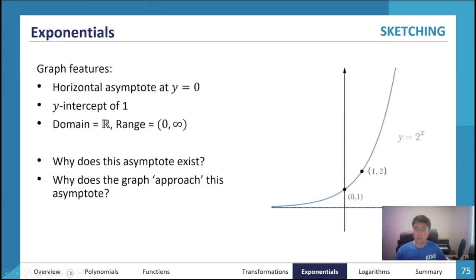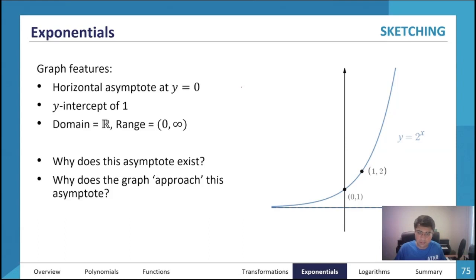Now, before we move on, just thinking about this asymptote here, why does it exist? And why does the graph approach this asymptote? If we think about it logically, the smaller and smaller number we put into this function y equals 2 to the x, like let's say we put 2 to the negative 100,000. If we do our working out here,